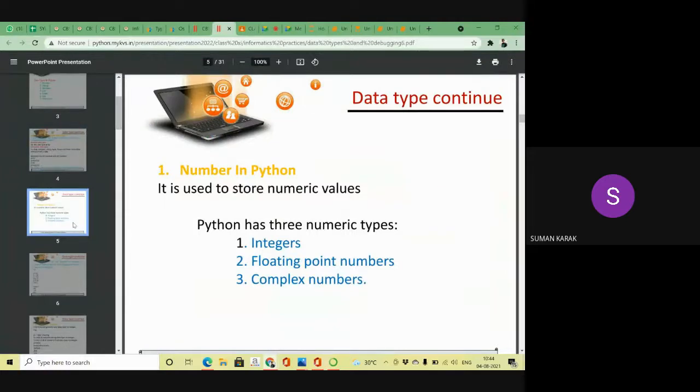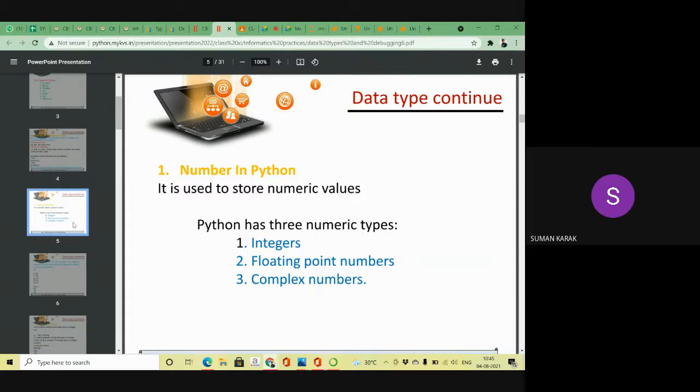The first data type is the number data type in Python. When we talk about the number data type in Python, there are three types of numeric data types: integer, float, and complex. Integer means 1, 2, 3, 4, 5, 6, 7, 8, 9, including 0 and negative numbers like minus 1, minus 2, minus 3. What is float? Decimals, like 0.5, 0.2, 1.5, minus 2.5. This is floating. Complex numbers, and boolean values true and false, etc. This is called the number data type.